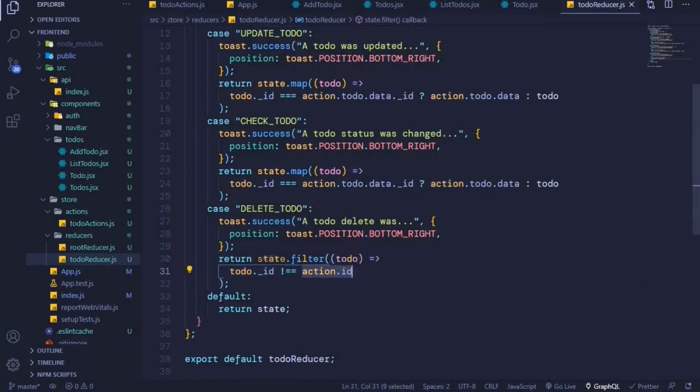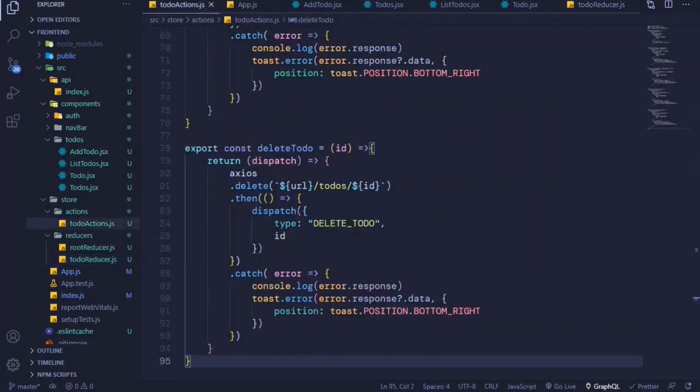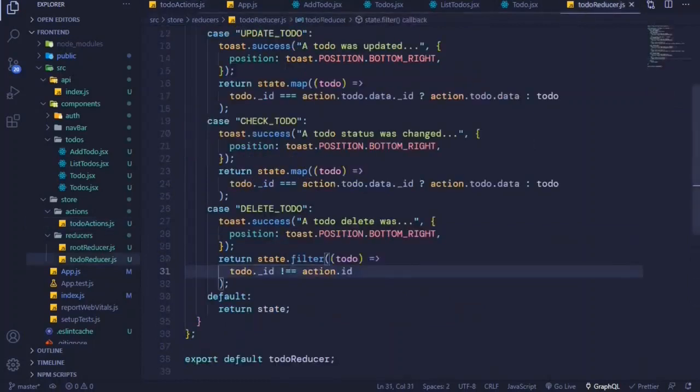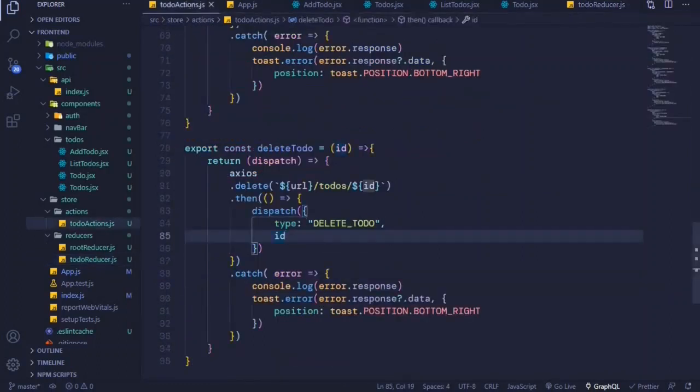Okay, it will return all those to-dos that do not match this particular id, and this action.id is the one that we have included in our action creator here. So action.id, and this code should correctly update our state. For now, we need to figure out a way of dispatching our delete to-do, and we'll do that